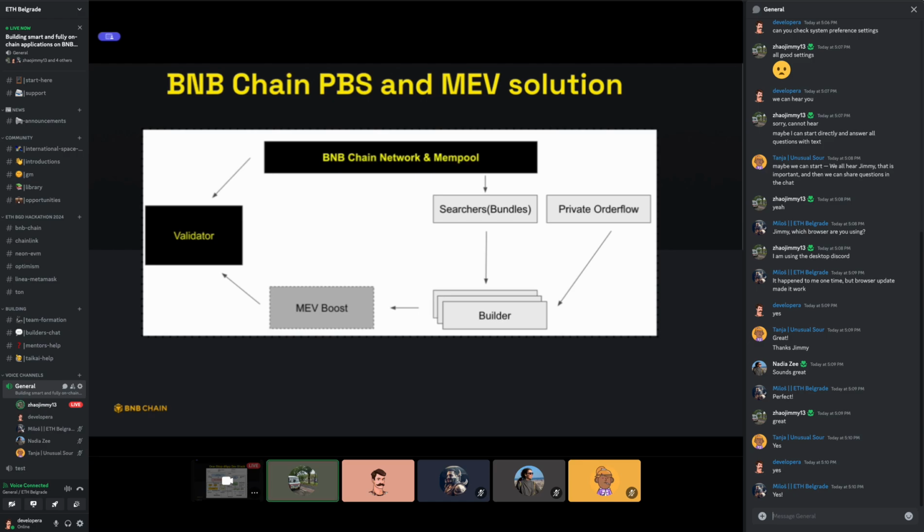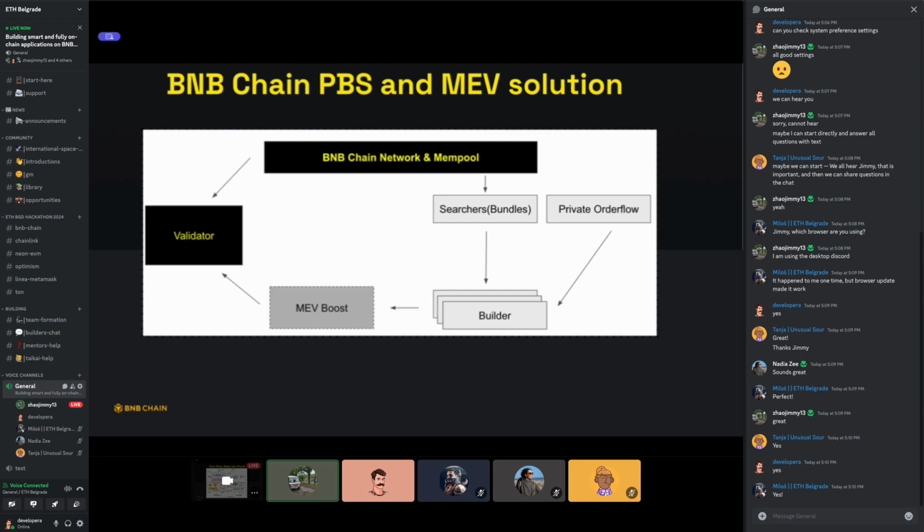The only difference between the BNB Chain PBS and the Ethereum PBS is that we do not have the relayer in the middle, because the security model of the BNB Chain and also the block time is different from Ethereum. So we just only have the sidecar of the validator, which is the proposer and builder separated.